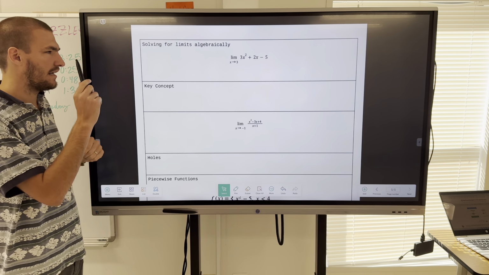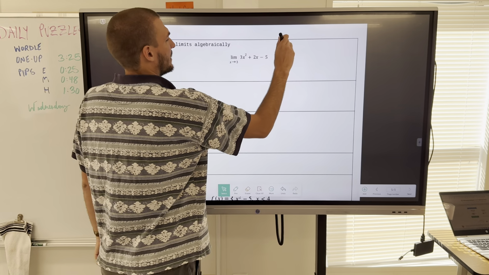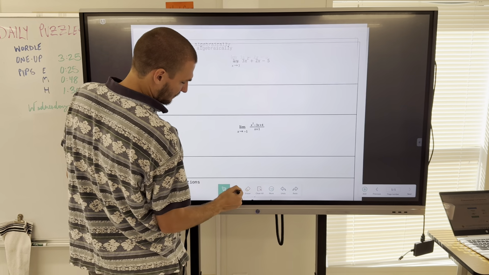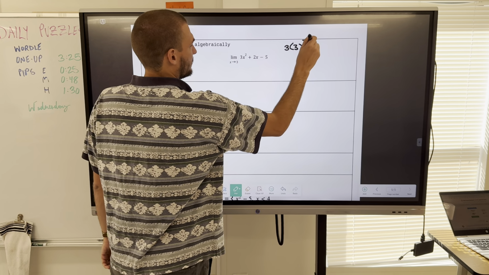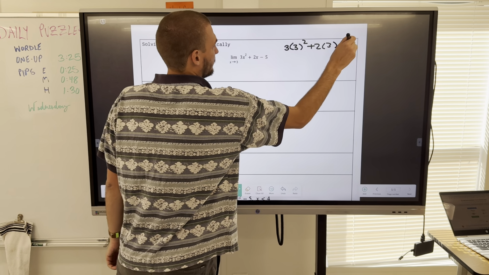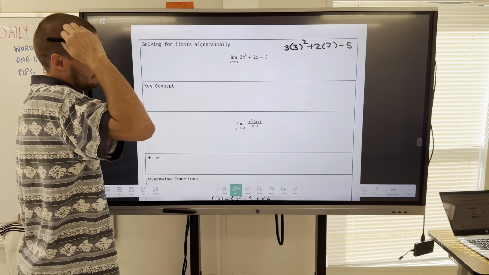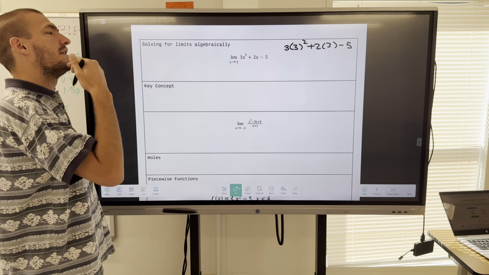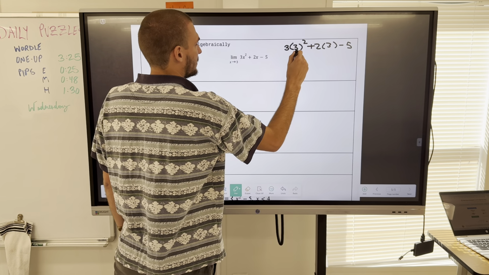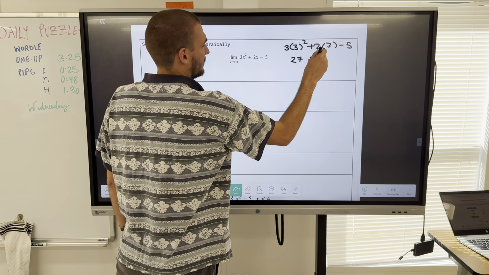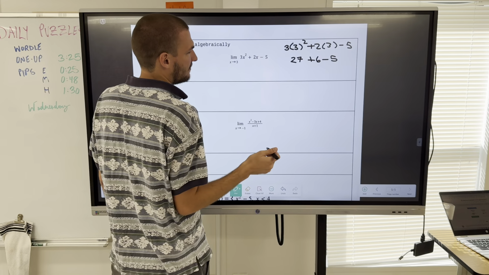Just stick it in there and see what you get, okay? It's going to be 3 times 3 squared plus 2 times 3 minus 5. Again, we can't be missing these. We're just plugging them in, easy peasy. That's 3 times 9, which is 27, plus 6 minus 5,